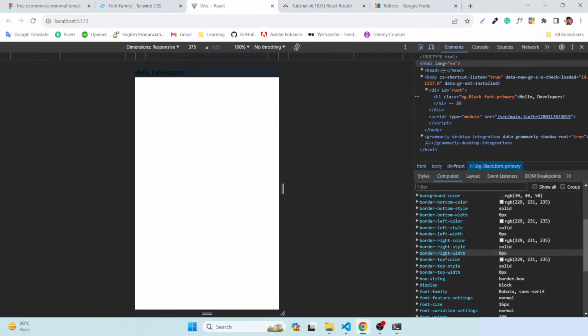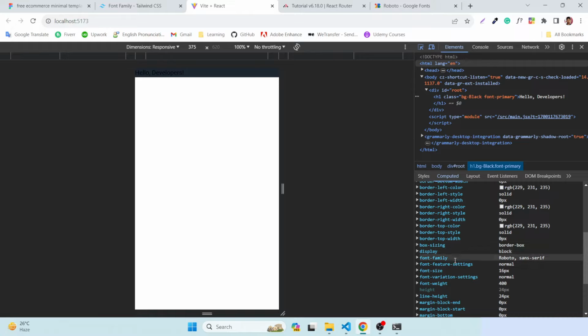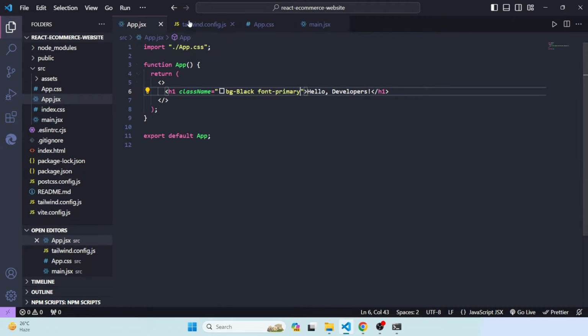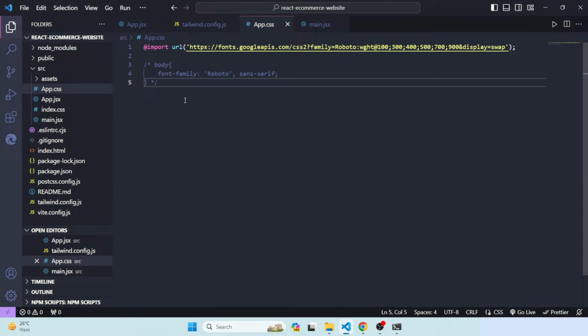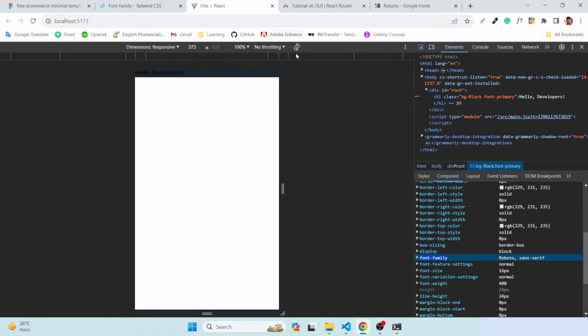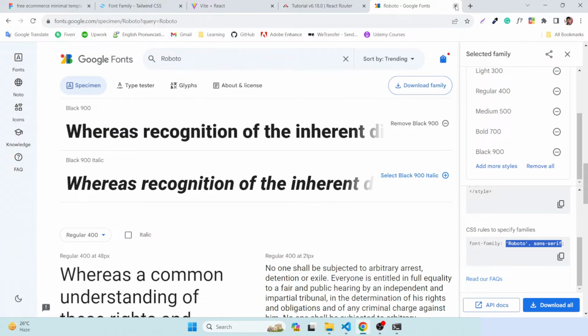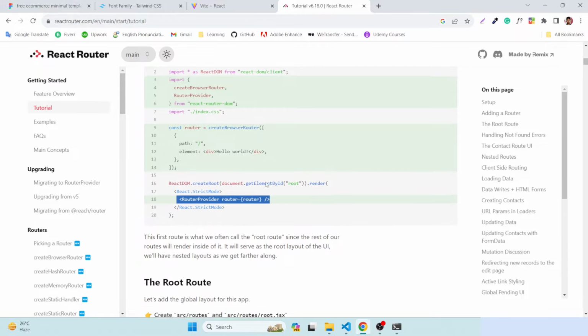And where is the font family? Here you can see this is the font, and this font is Roboto. You can use font this way, or you can use CSS styling. It's up to you. We have no specifications for you. You can just use your own versions. So if you do this, let me close this tailwind.config, and app.css also. What we will do next is set up